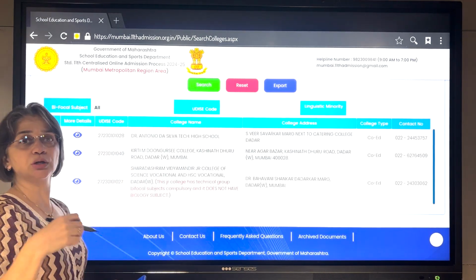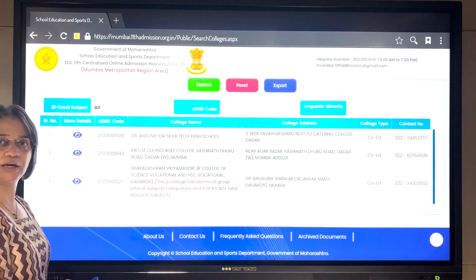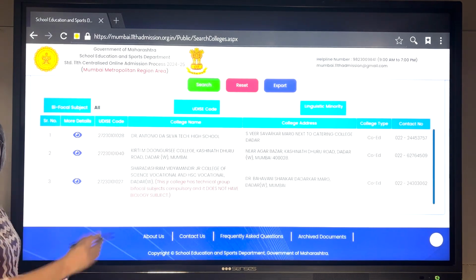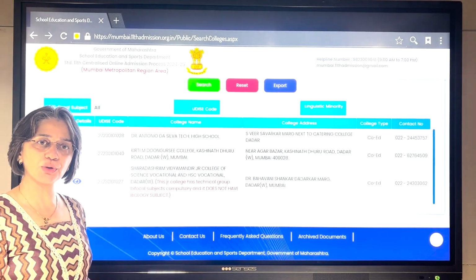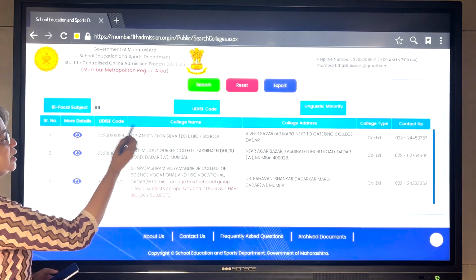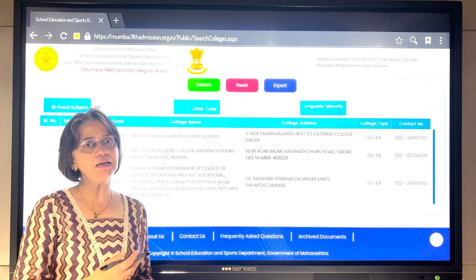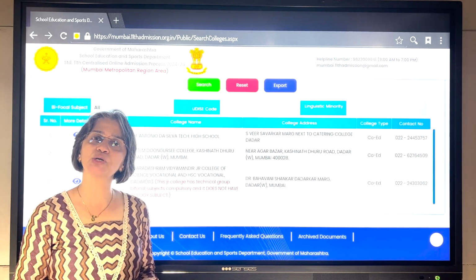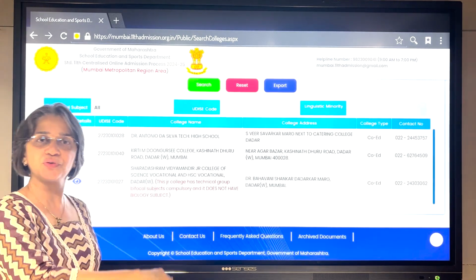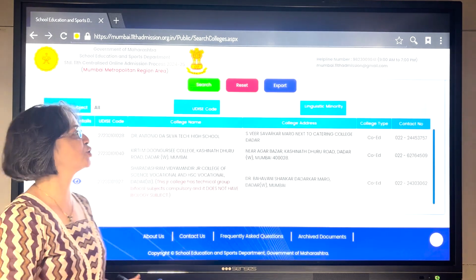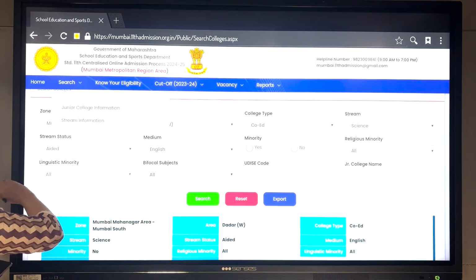Depending on the zone that you choose, the area that you choose, a number of colleges will be displayed over here. You can see the UDAS code. Write down through the search engine whichever college you want to take admission into in whichever zone. The name of the college and the UDAS number you can write down on a piece of paper. Minimum 1 or maximum 10 college options you can give. So you can write down all these colleges, and then that can be utilized further when you are filling up the option form. So this is the search engine.